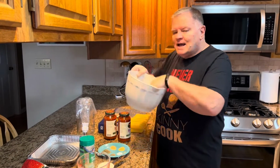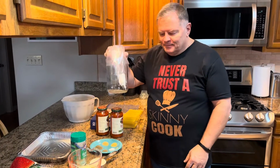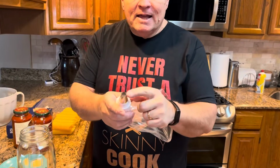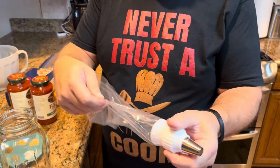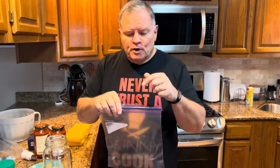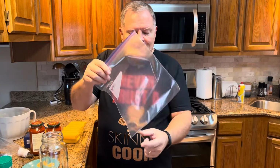You're also going to need a big bowl and a spoon to stir with. But you're going to need something to pipe your cheese mixture into your noodles. Now, I use a piping bag and a large open tip, but that is absolutely not necessary. All you really need is a Ziploc bag. You can just put your cheese mixture, after you've mixed it up, in here, zip it shut, snip off the